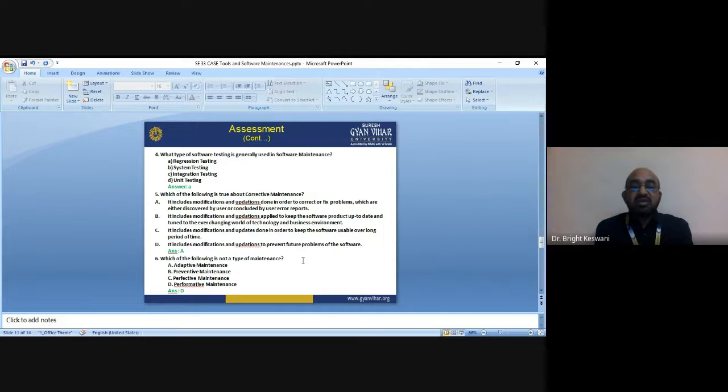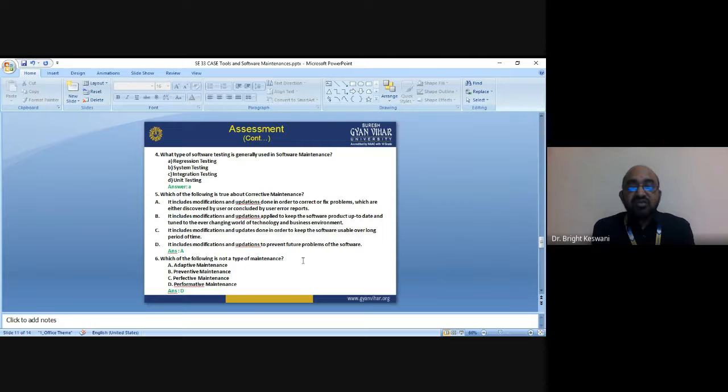The third is it includes modifications and updations done in order to keep the software usable over a long period of time. And D is it includes modifications and updations to prevent future problems of the software. So the right answer is A. It includes modifications and updations done in order to correct or fix problems which are either discovered by user or concluded by user error reports. So the right answer is A.